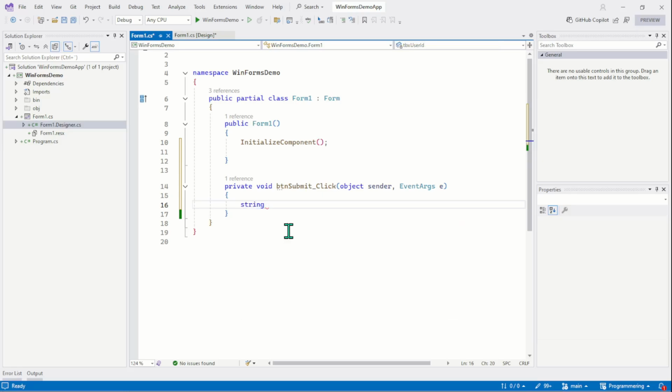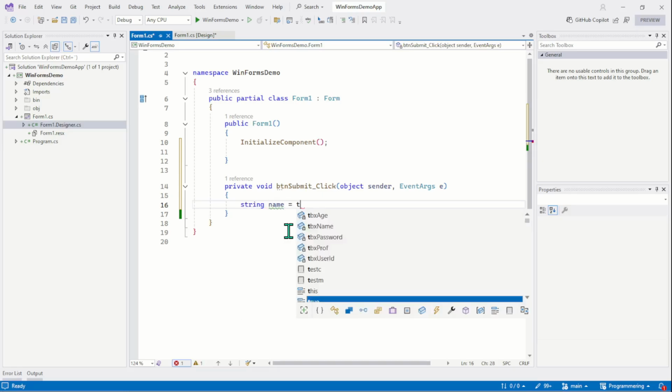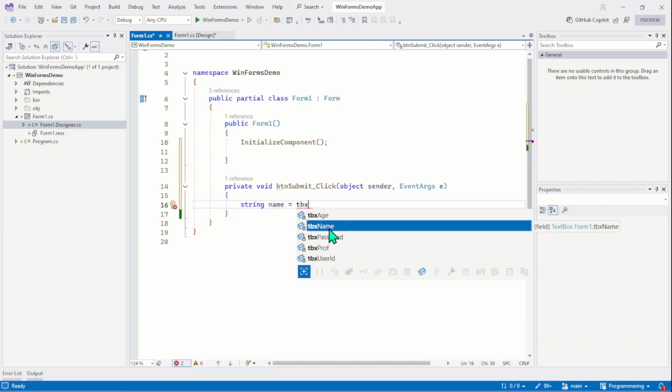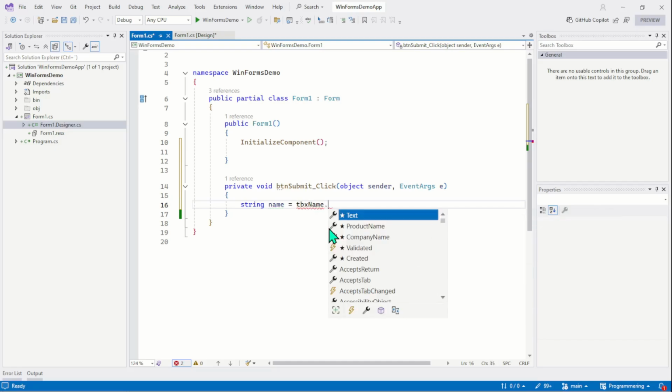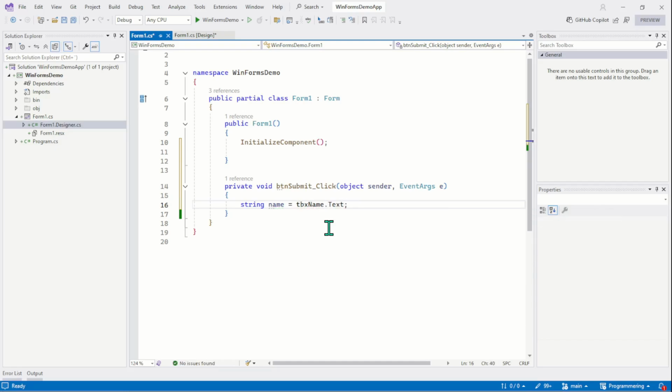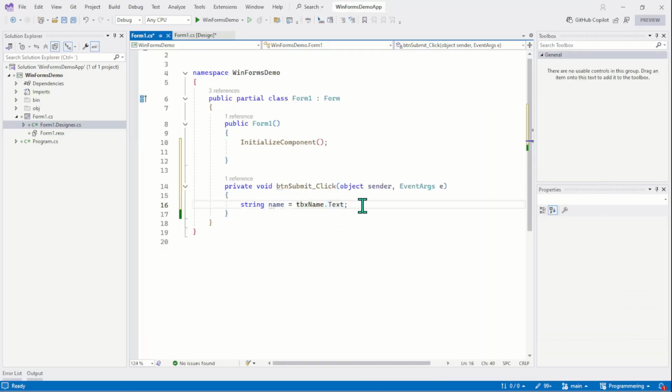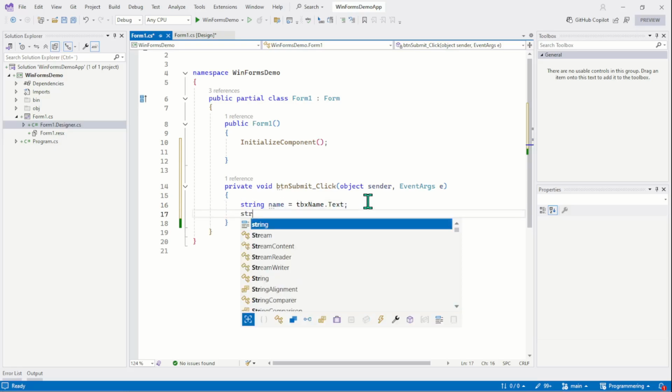So the first information is name, and for that we have the text box name, and on the text box we will call the text property. We are going to read the text property. Text property represents the text inside the text boxes. So the name provided by the user will be saved in the name variable,